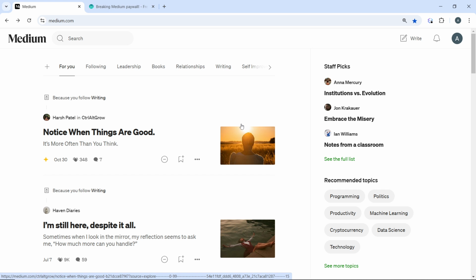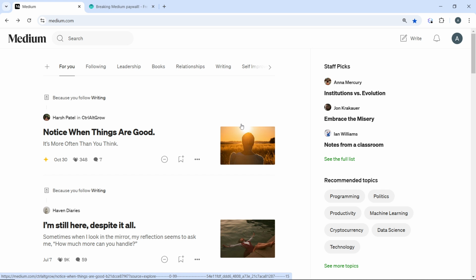Publish to publications. Now, many Medium publications have large loyal audiences. Submit your post to relevant publications for exposure. Publications often curate content that fits their niche, so getting featured there can significantly increase your visibility. Also, engage in series. Medium offers a feature called series where you can publish a set of articles as part of a collection. This encourages readers to follow along with your content over time.